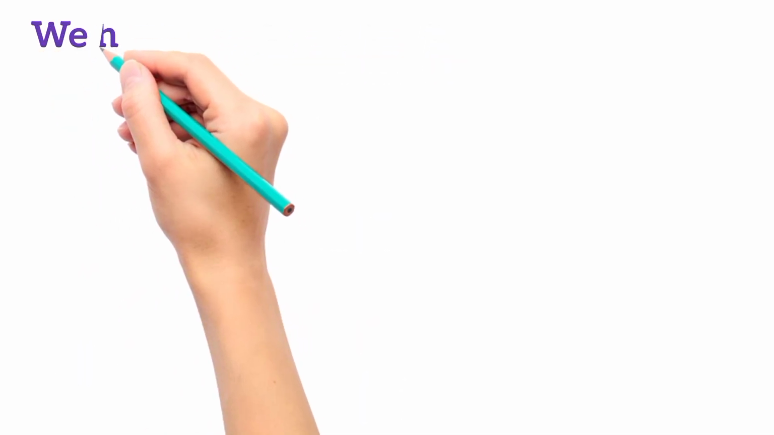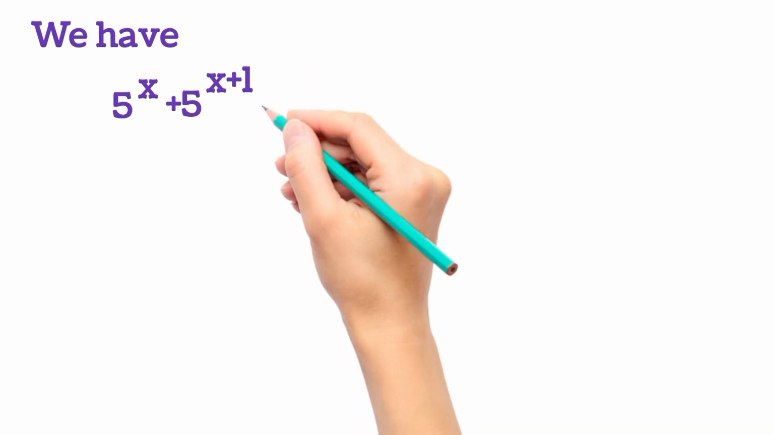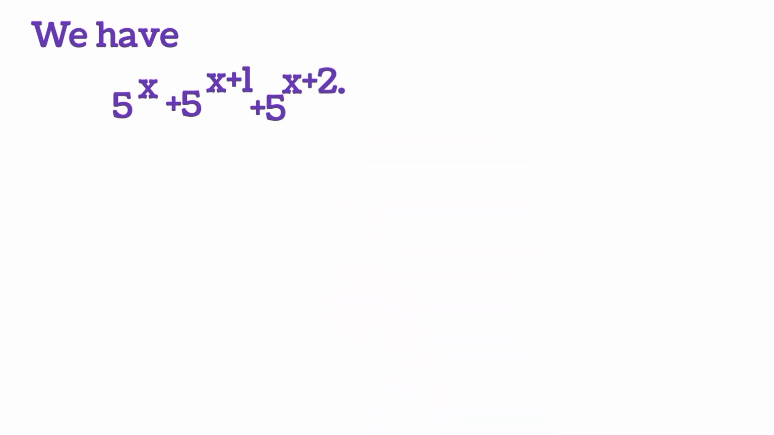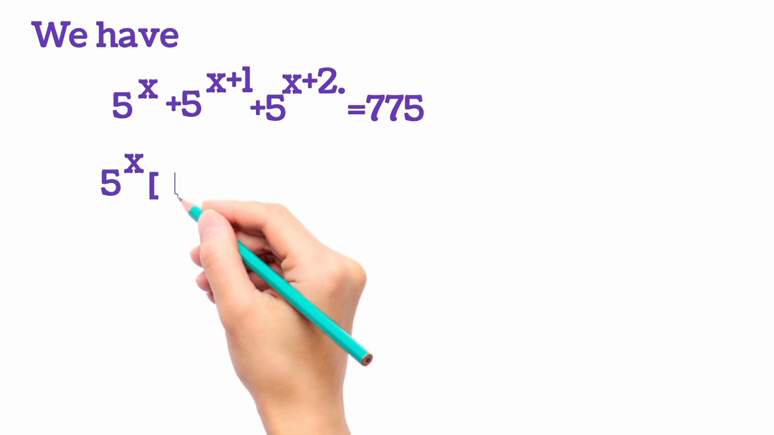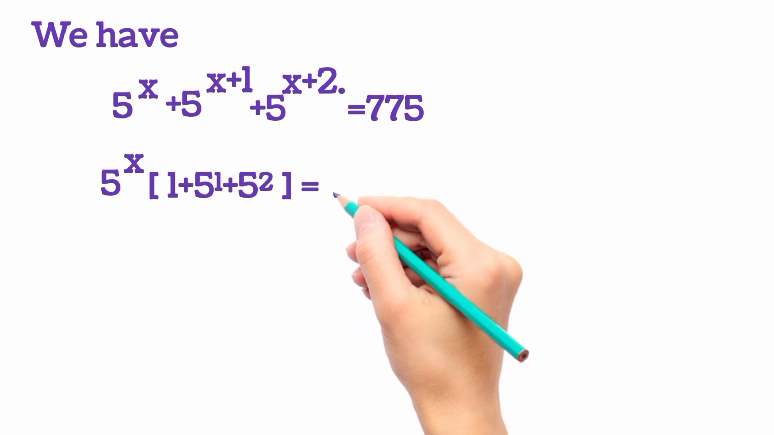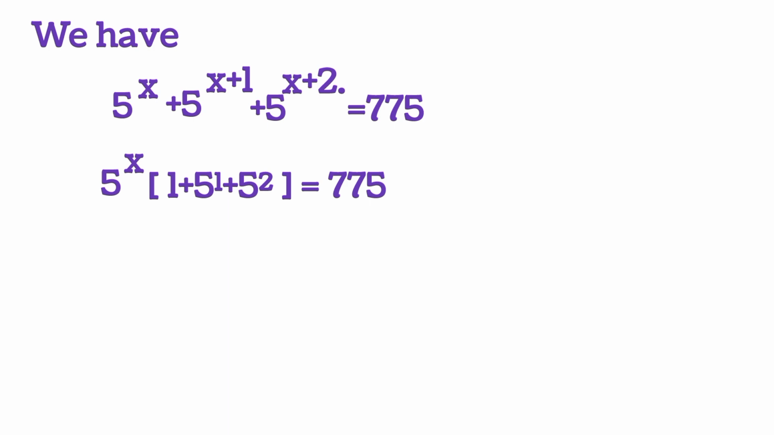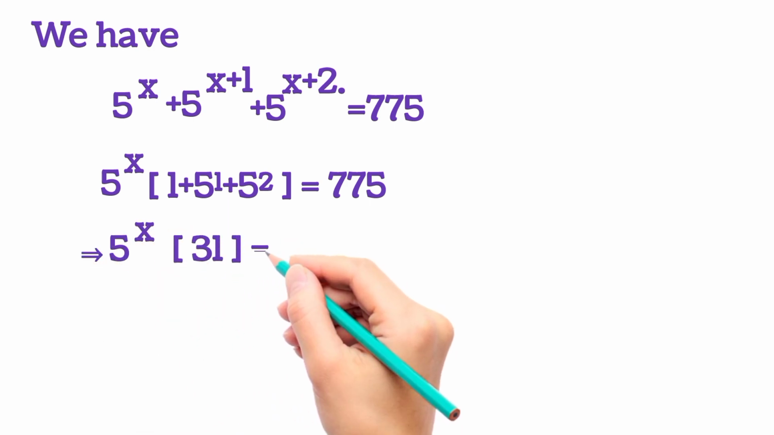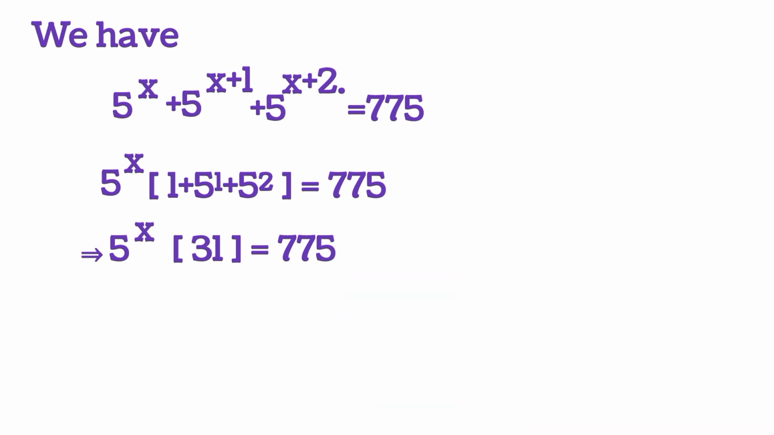So we have 5 to the power x plus 5 to the power x plus 1 plus 5 to the power x plus 2 is equal to 775. So on taking 5 to the power x common, we will get 1 plus 5 to the power 1 plus 5 square is equal to 775. This will give 5 to the power x into 31 is equal to 775,